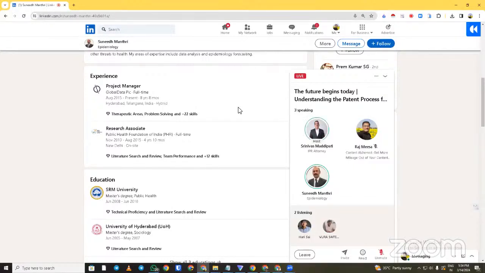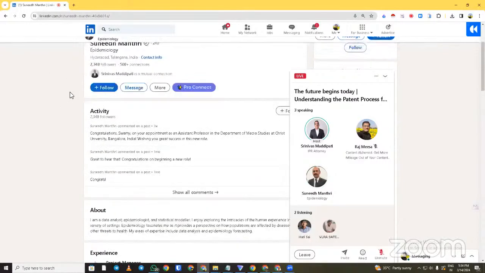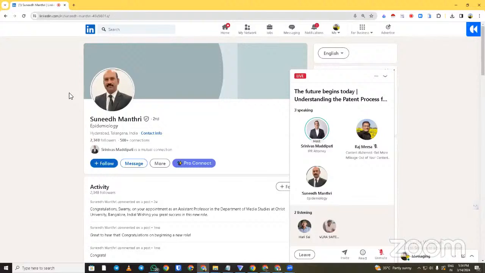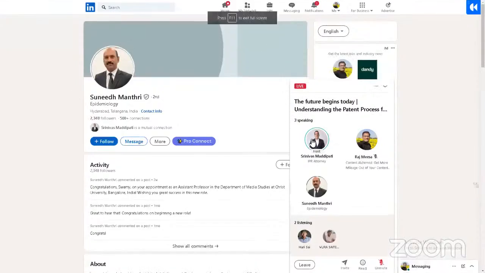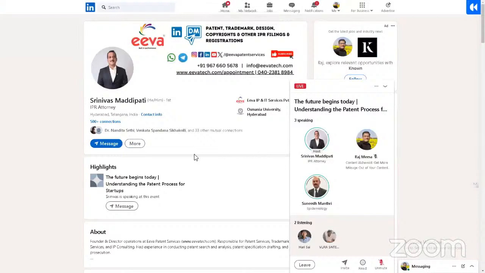And the Bar says we cannot be part of a business other than the law profession. But I myself am the promoter of a private limited company, which is mainly into only IPR services. We are not doing any other business. So my understanding was that anyone can become a lawyer, but anyone can't become a patent